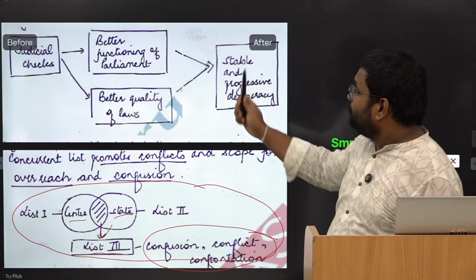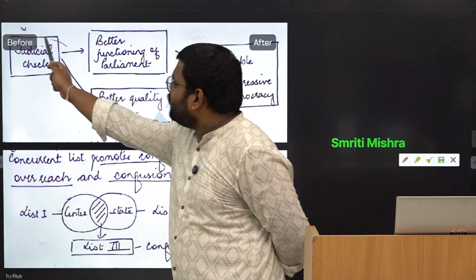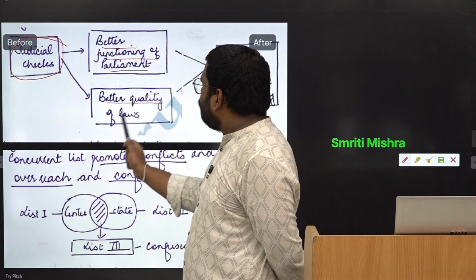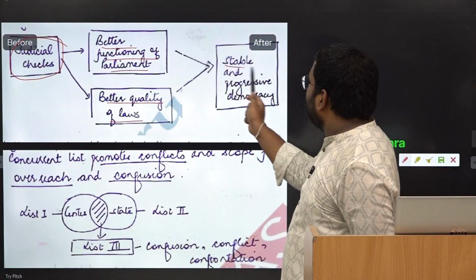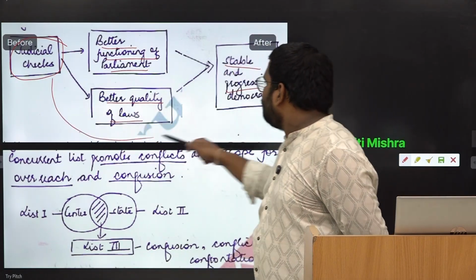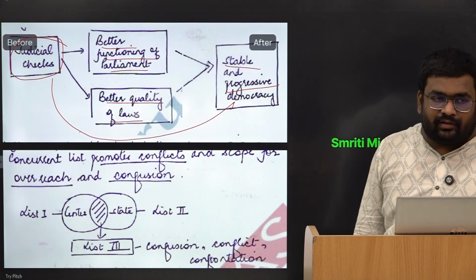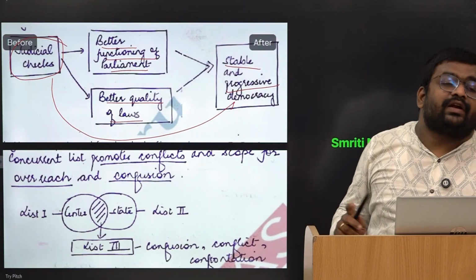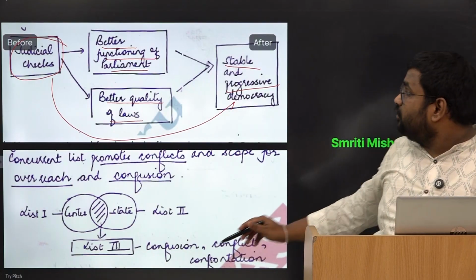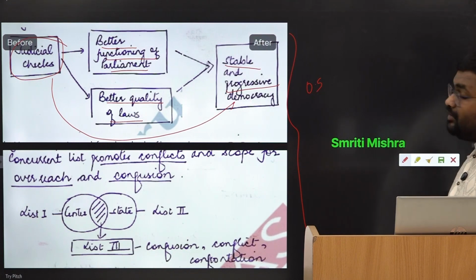Right. Similarly, if you see, when writing the answer on the judicial checks, importance of the judicial checks. So judicial checks lead to better functioning of parliament and better quality of laws, which ultimately leads to stable and progressive democracy. So to establish the link between the judiciary and democracy, this is where your interlinking aspect can be better reflected using the diagrams. And this is where the presentation will give you that edge of 0.5. Right. Next aspect